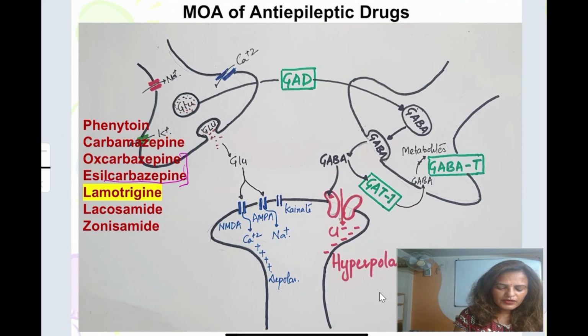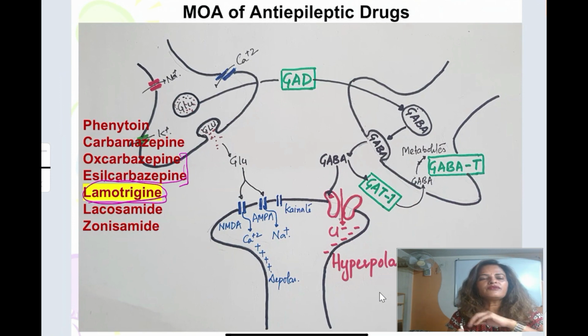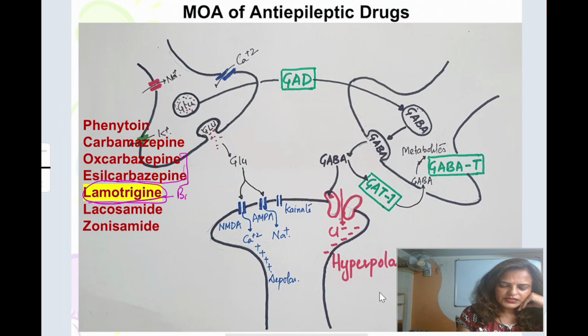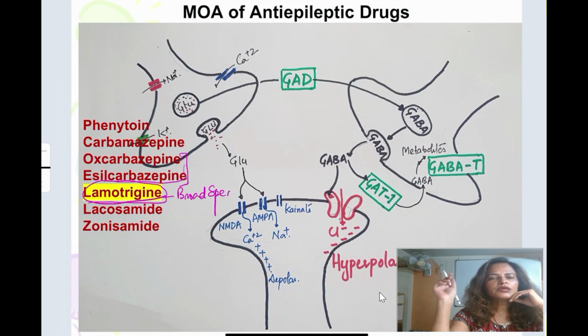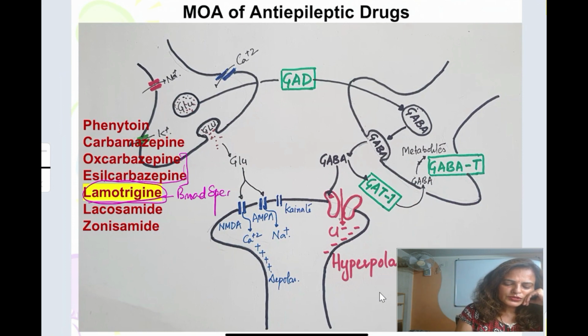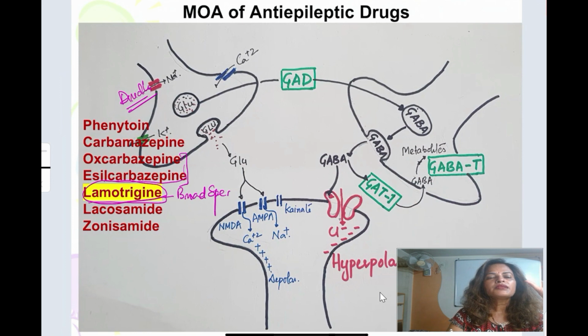Now the next group of drug is lamotrigine. How does lamotrigine act? One mechanism of action is that it also prolongs the inactivation of the sodium channel. One more thing to remember, this is one of the few antiepileptic drugs which come under the broad spectrum category. So one, it prolongs this. Second, it directly inhibits the sodium channel. So by inhibiting this directly, it is going to